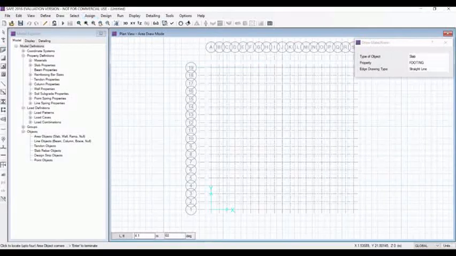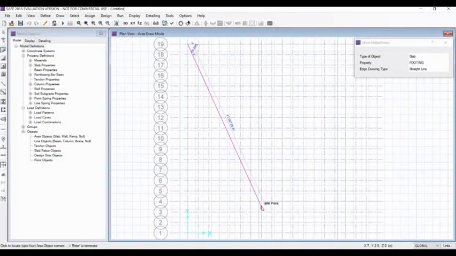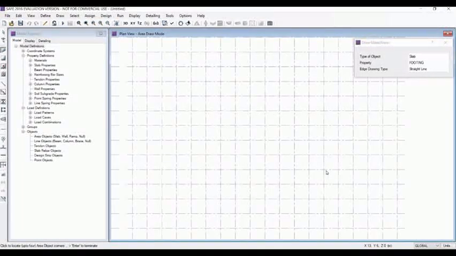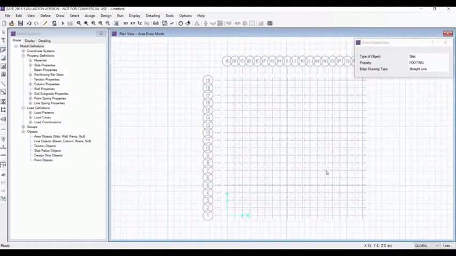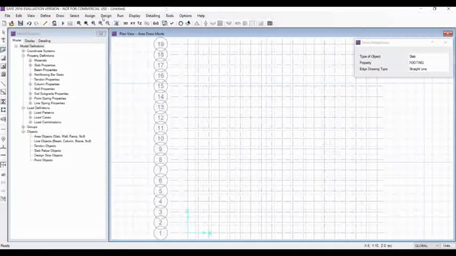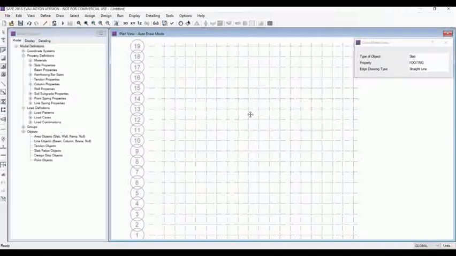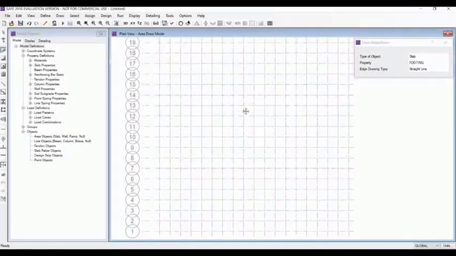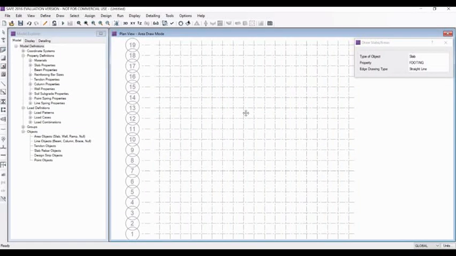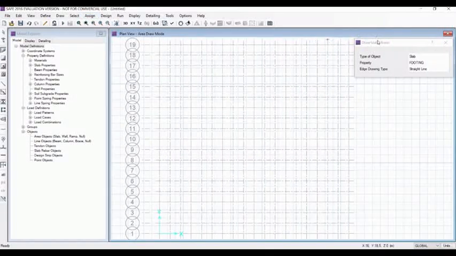If you have problem in drawing, just zoom it further, little bit toggle with the pan option so that you can draw it easily.